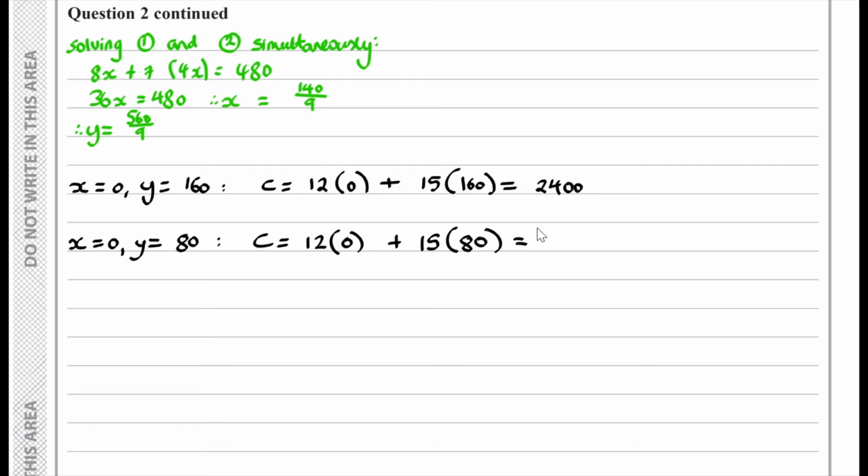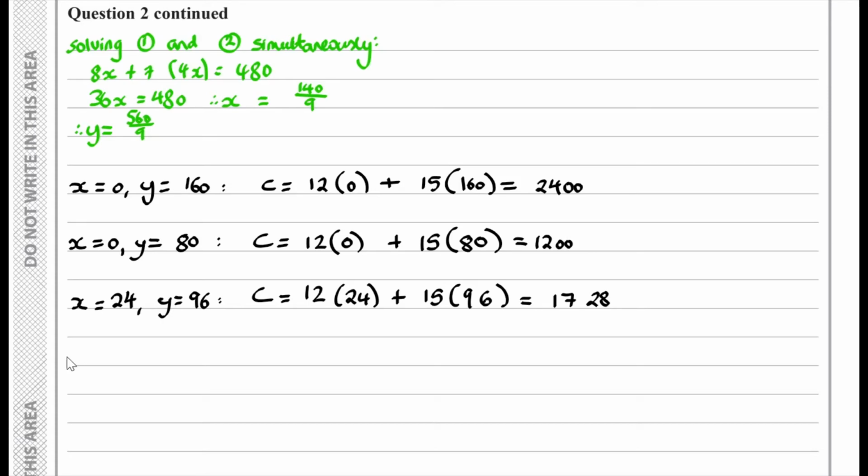You'd find this to be 1200. When x is equal to 24, y equals 96, we have c, which is equal to 12 lots of 24 plus 15 lots of 96. You'd find this to be